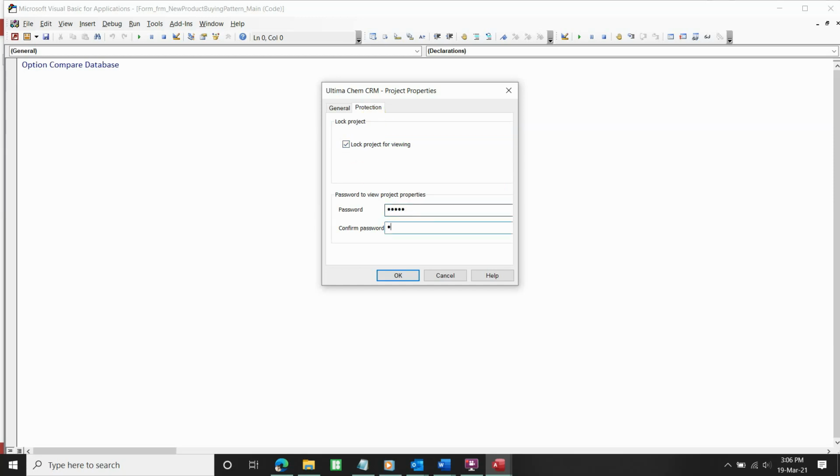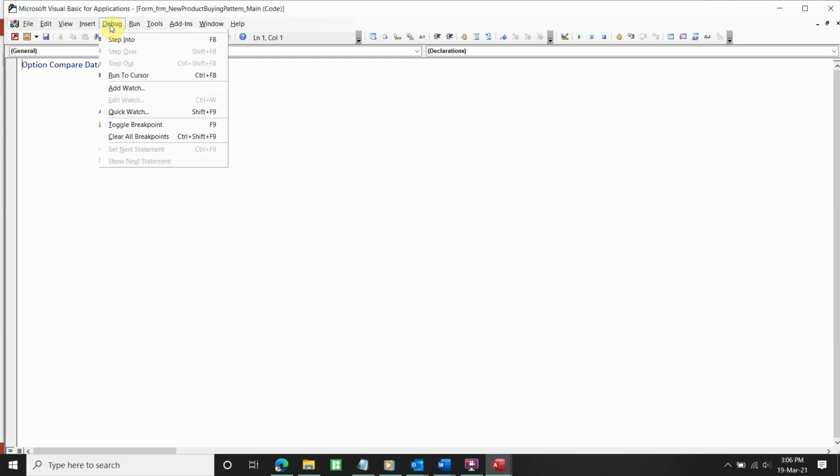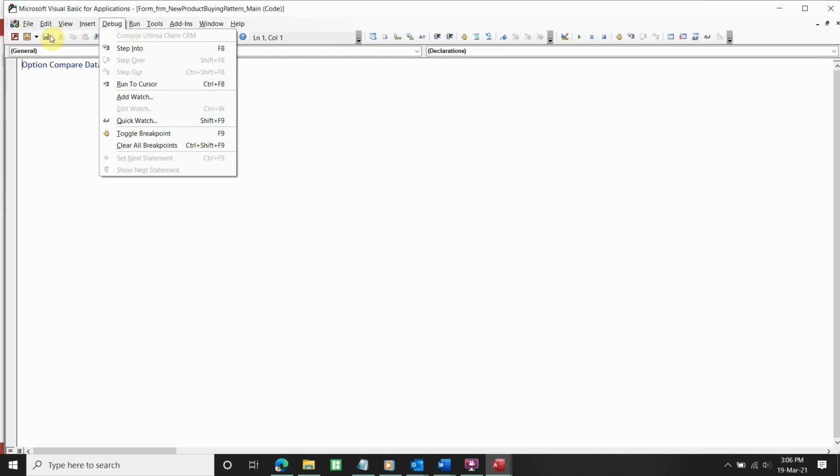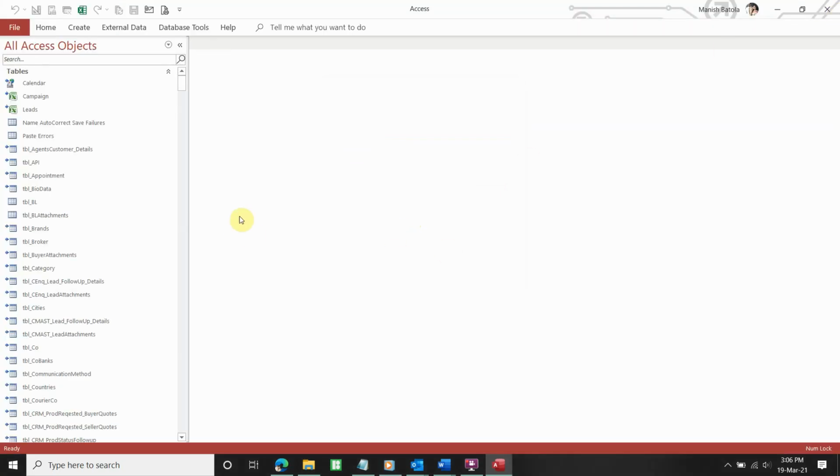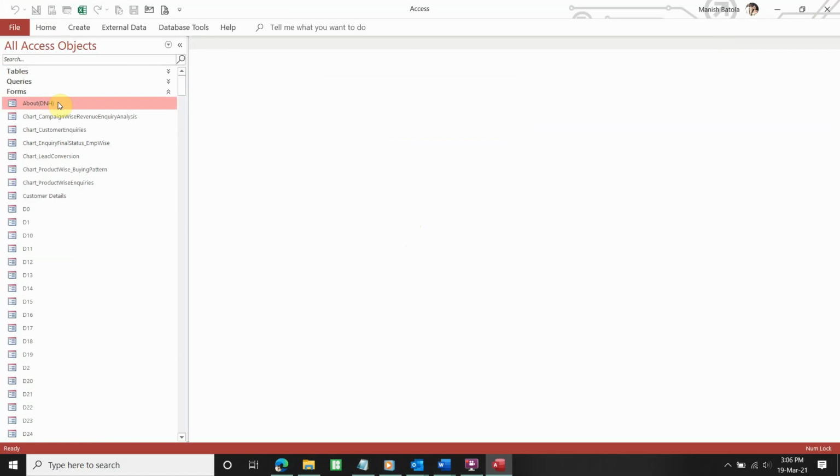That's the place where we put the password and reconfirm it. If you need to recompile it, you can do so. Save it and come out of this. After that, if I go to the design, I can have the design activated right now. It's activated. So if I go into design view, I get to see everything that's there.